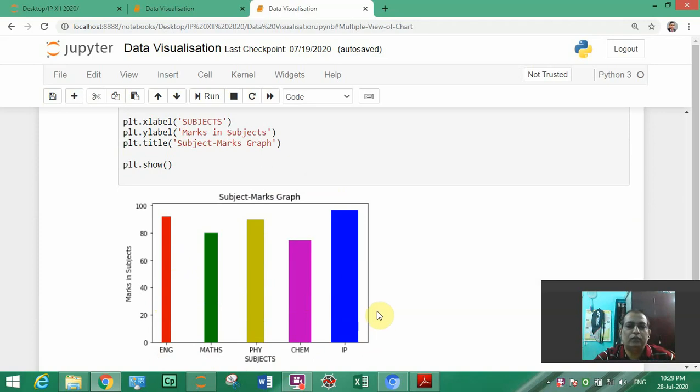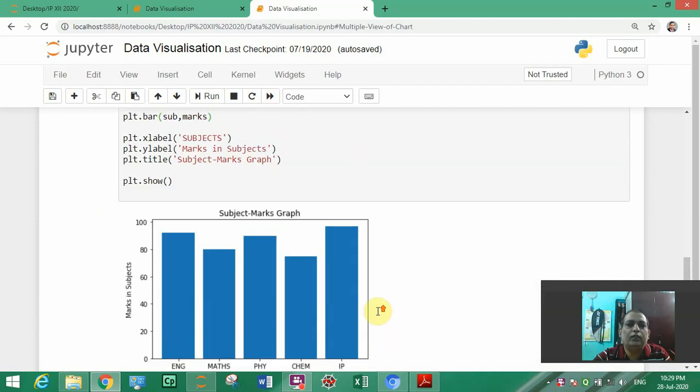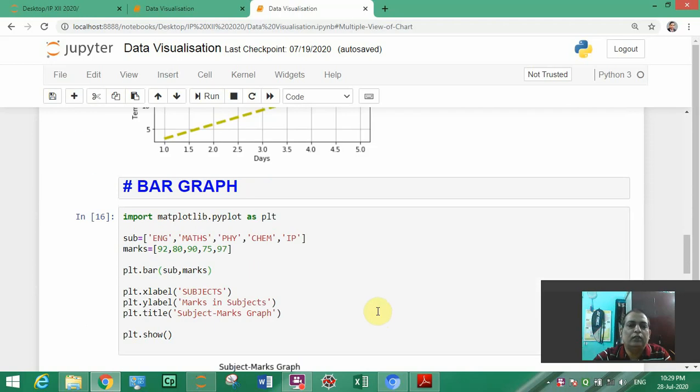So I think you have understood this topic, creating bar chart and bar graph, and in next video we will see some more types of bar graphs like horizontal bar graphs and vertical bar graphs we have already seen, and some more features.